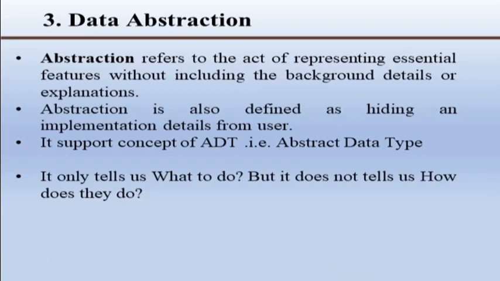Here you can call any specific function, for example fact function or any addition function. You can only call that function by using that name, but you don't know what is the internal structure of that function. For example addition function, then you only know that addition, but in that function whether they are performing addition on 2 operands, 3 operands, 4 operands, they don't give the details and don't give how they are performing that operation. That's called as abstraction.